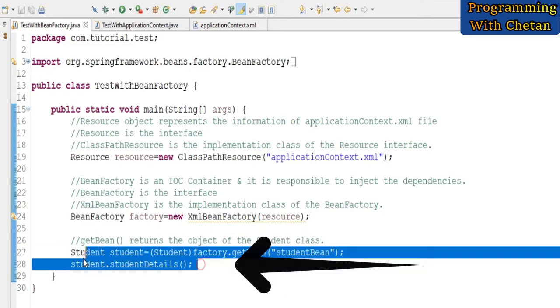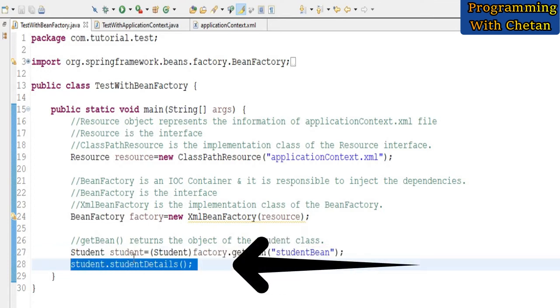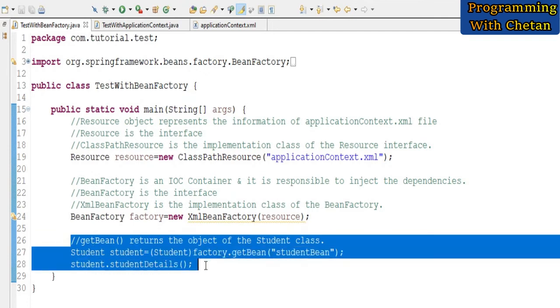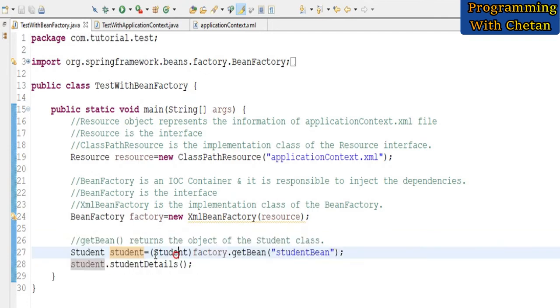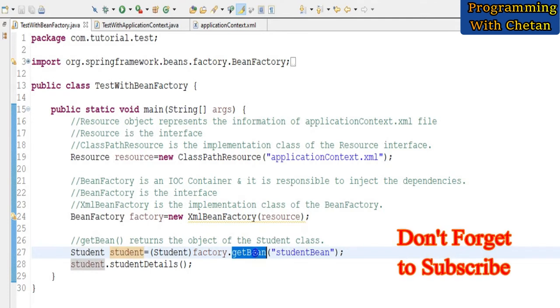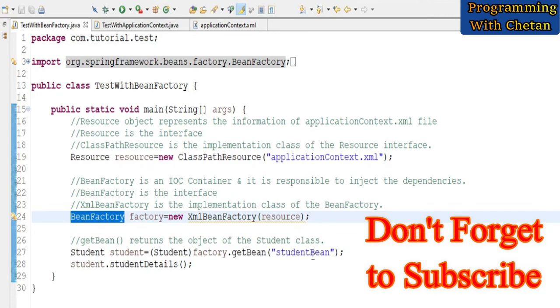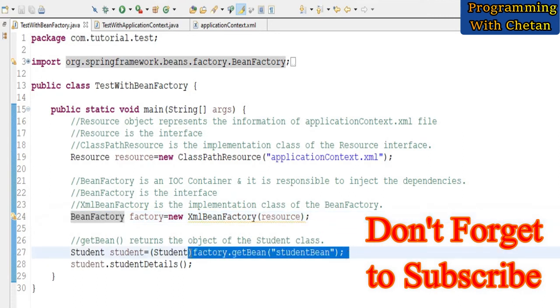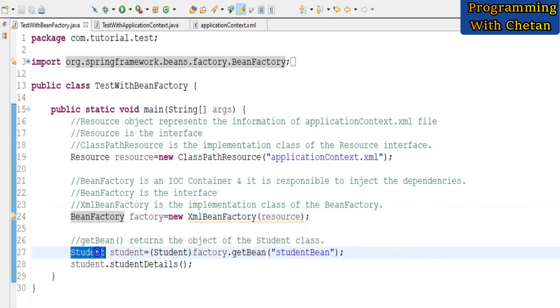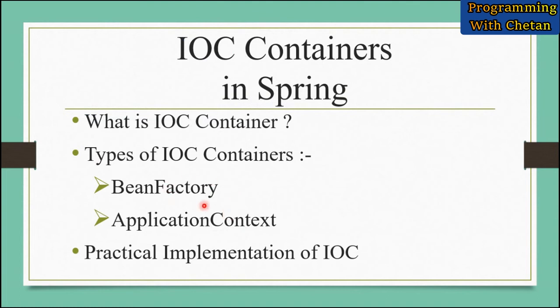And in our next statement we are calling a method of our Student class. So friends, here you can notice that we are not explicitly creating an object of our Student class, and we are using the getBean method of our IOC container, that is BeanFactory. So this IOC container is responsible for providing an object of our Student class. So friends, this is about the BeanFactory IOC container.